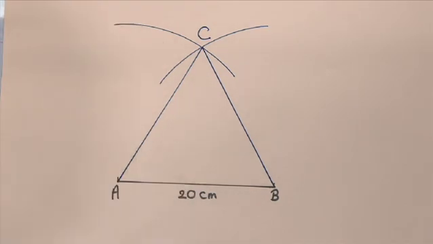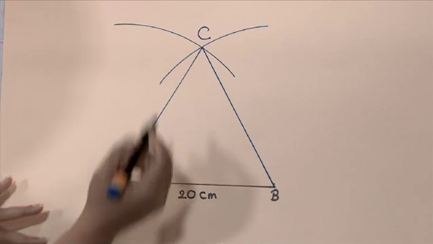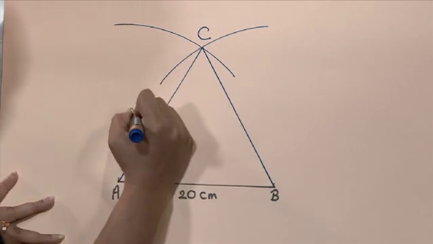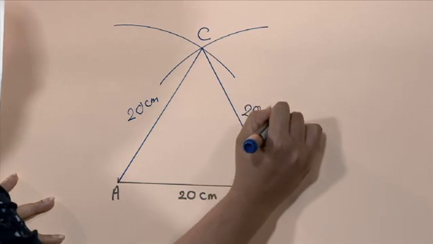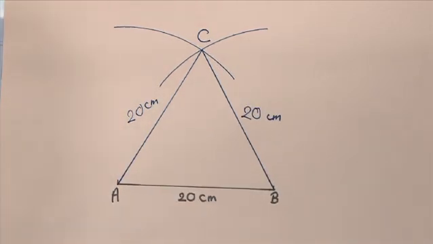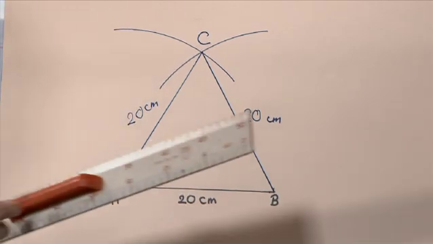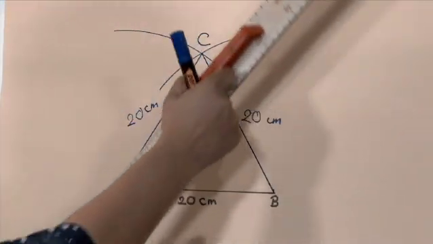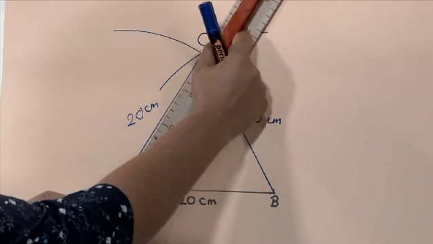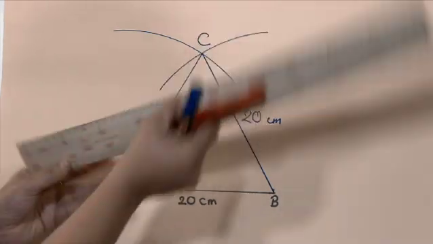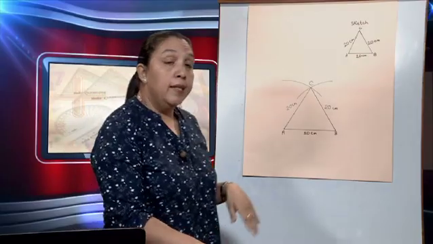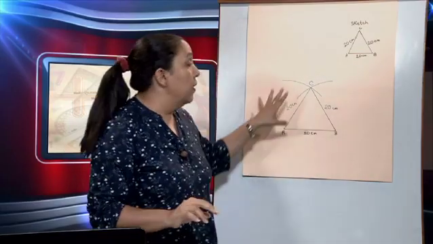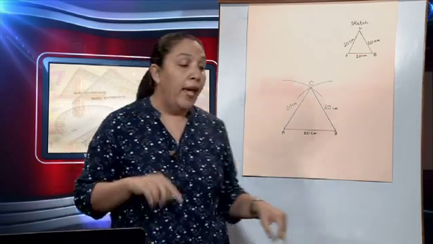So what do we have? We have a triangle. We know that this is 20. We know that this one is 20 centimeters. And here as well is 20 centimeters. Right? Just to be sure, you only have to measure it and you will see it's 20 centimeters. So we are okay with it. Right? Now remember, in an equilateral triangle, all the sides are equal, and all the angles are equal. Right? So, what do